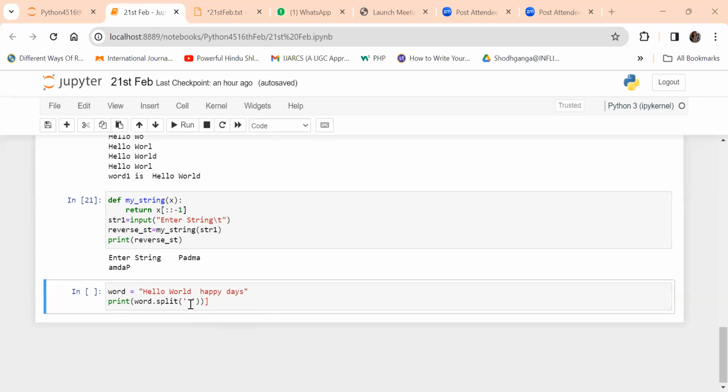Okay, you see it here. Now, between hello and world there is a gap. Between world and happy also there is one space. Between happy and days also there is a space. So I'm saying,